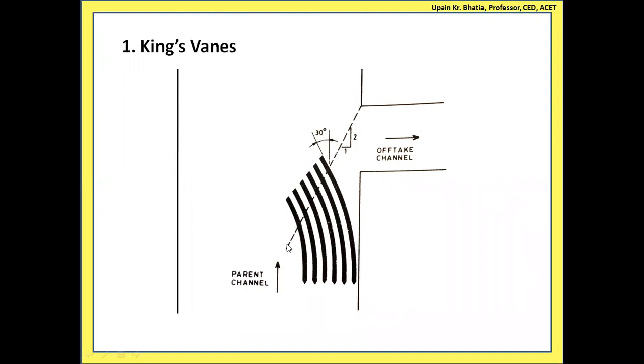And this line is extended into this parent canal. These veins should sufficiently go beyond this line, because if you don't take them considerably beyond this line, then there are chances that these diverted bottom layers, which are diverted over here, find their way back. They can get turned into this offtake channel also. So the bottom layers which are trapped by these veins should be kept trapped and should be released only after some safe distance, after which the chances of their turning and coming back into this offtake channel are minimized.